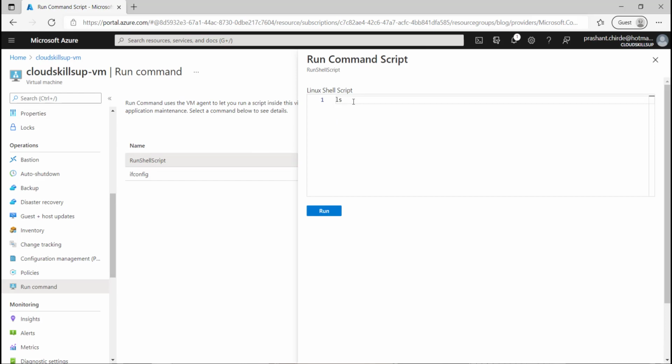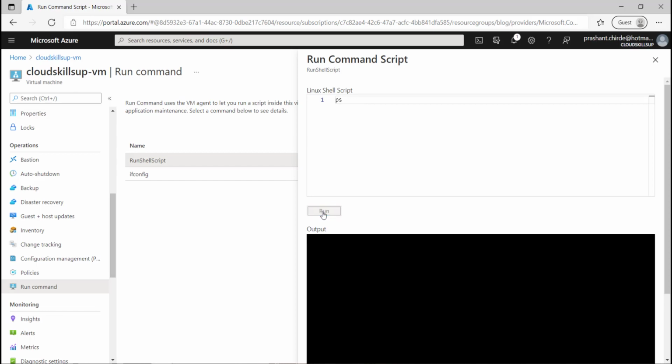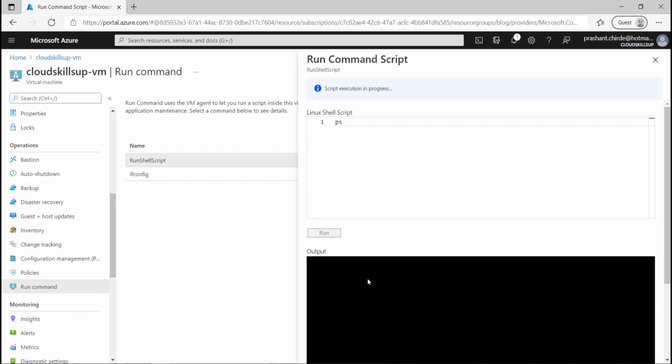Like, consider that you have some application running, you can check the status of that particular service here. But for our case, I am not going to do anything bigger. I just run the command ps, and I will click on run. Whatever the output for that particular command is will show up here. So you will get an idea about the response of the VM, and whether it is really stuck or something else is happening with the VM, that's why your application is not up and running.